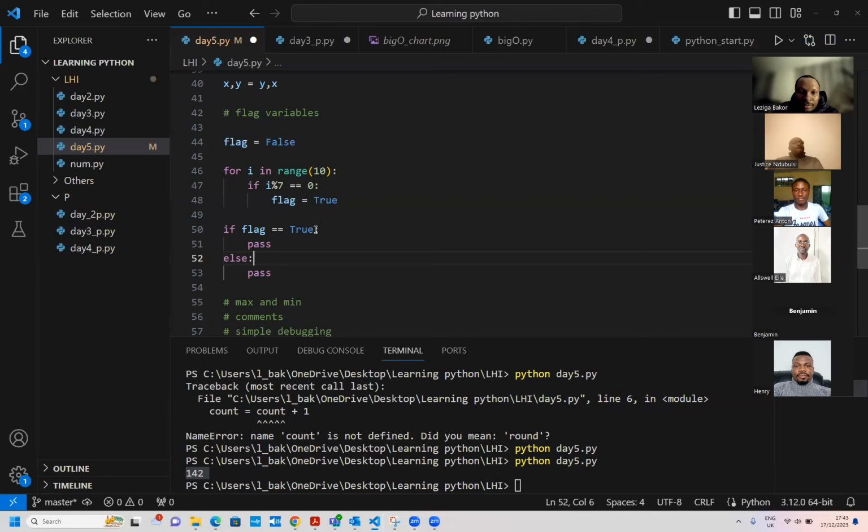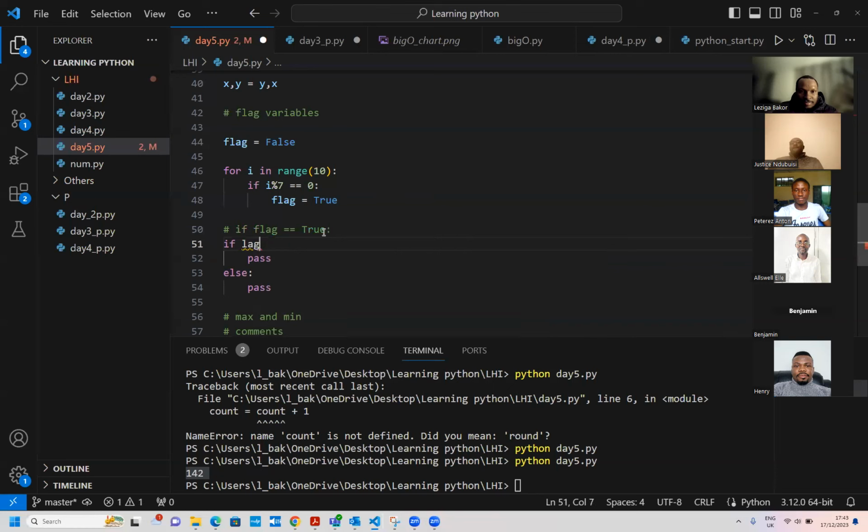Now, writing, I also want to highlight something here. Writing this like this, if flag equals to true, is okay, right? It's okay. But in Python, you can still simplify this. I'll change this one to a comment and write how it can be simplified. So you see, you can just say this. Okay? If flag,